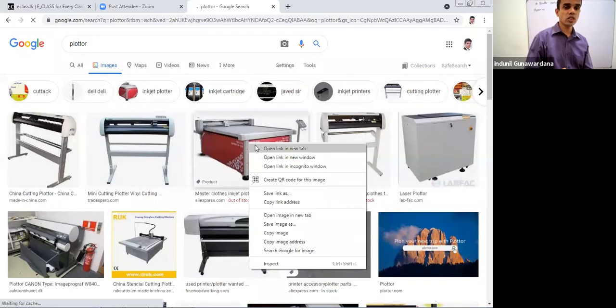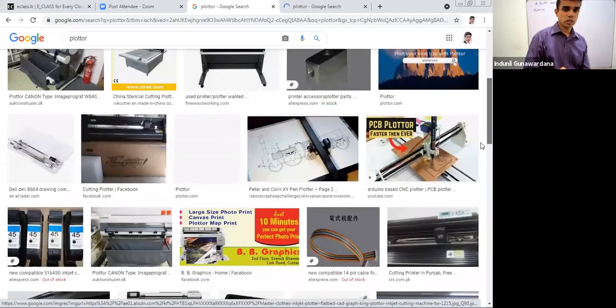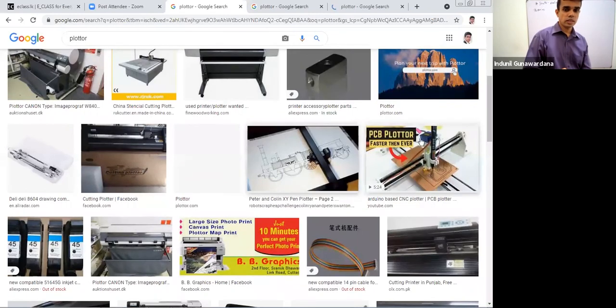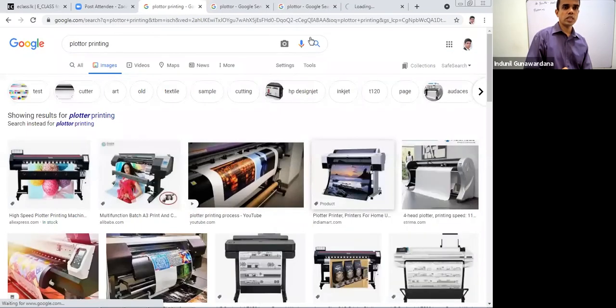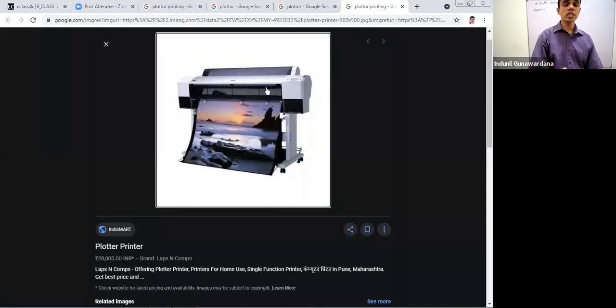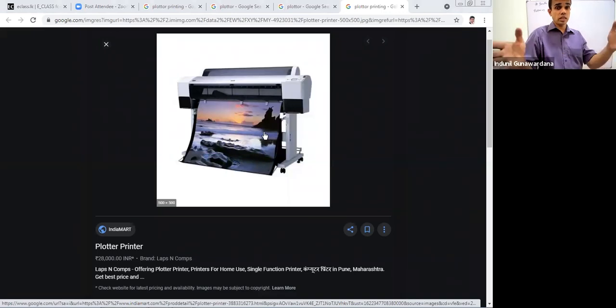So we have different levels of plotters available. Plotter. Right? Something like this. You see this. Normally the plotter is used to produce large size printing. Now you see this is the shape of the plotter. Normally it can't be kept on a table, so it has to have its own stand.